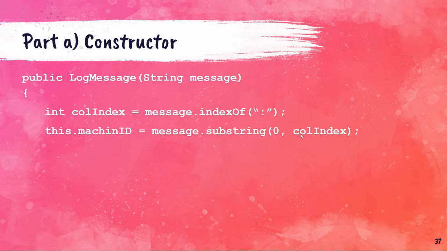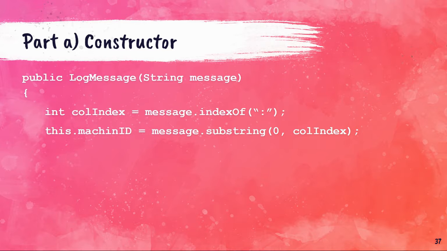But remember that substring with 2 parameters starts here and ends 1 before that, right? So if I know where the index is, going to this point is going to pick up what came just before that. So this is going to correctly store what the machine ID is before